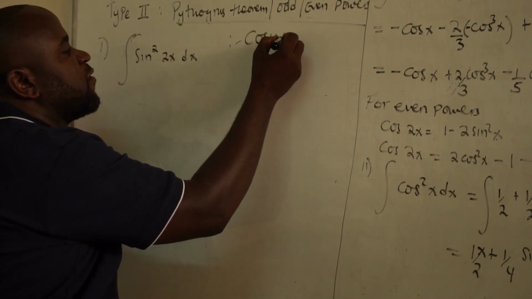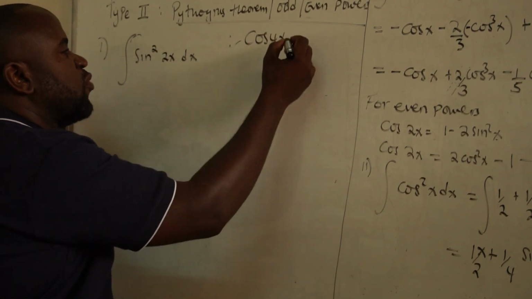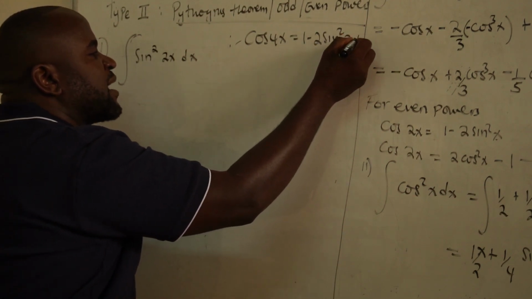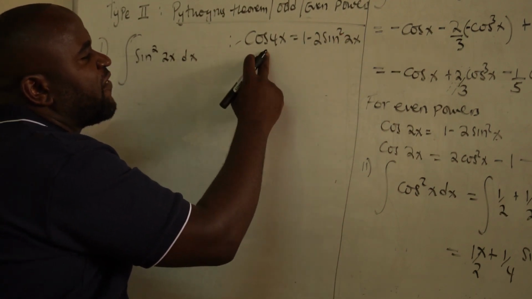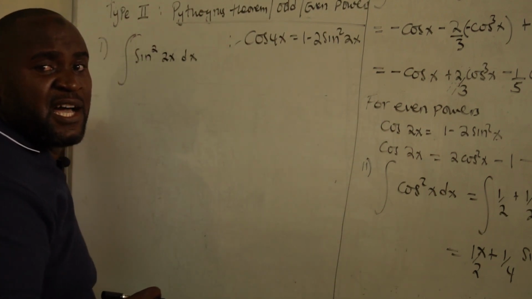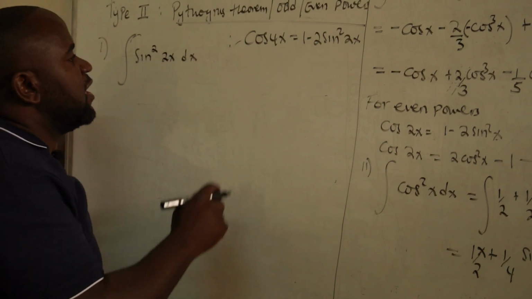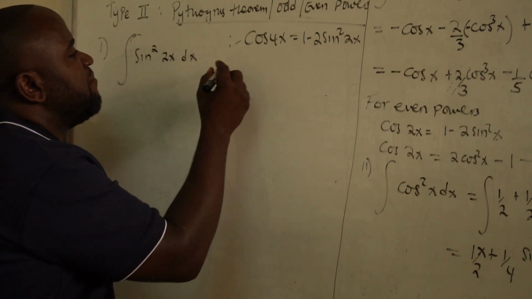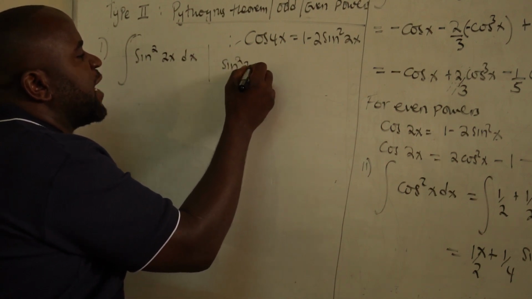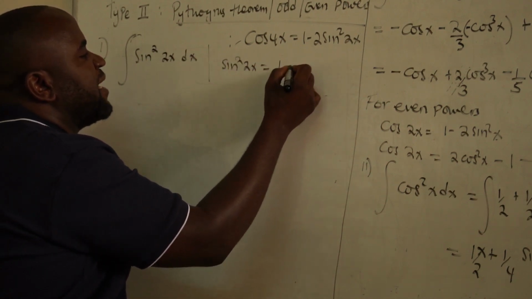This must be coming from cos of 4x, which is equal to 1 minus twice sine to the square of 2x, because the double angle or half angle formula talks about halving the original angle. That's why the sine has a half of the original angle. It is from this note that you can make sine to the square of 2x the subject,